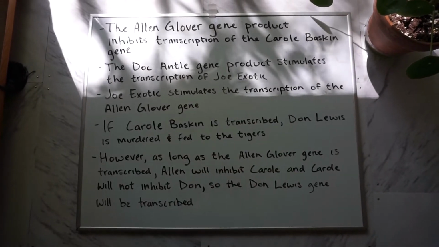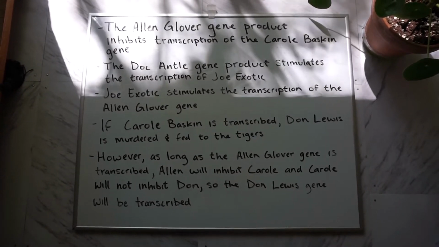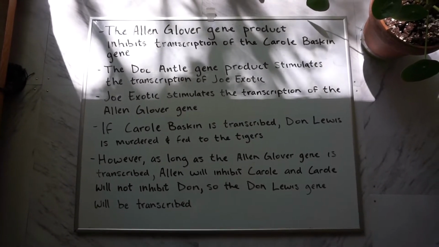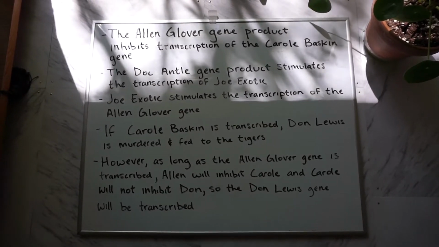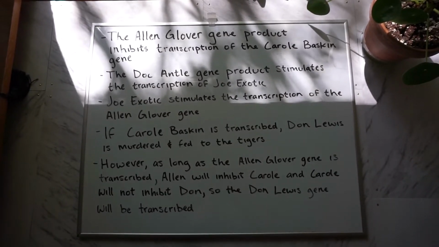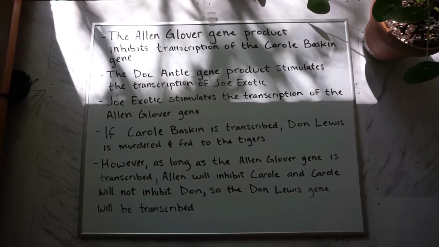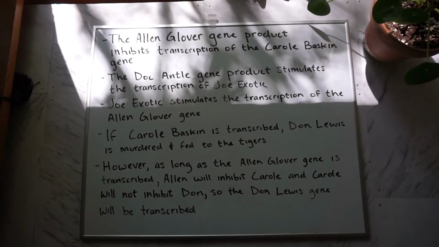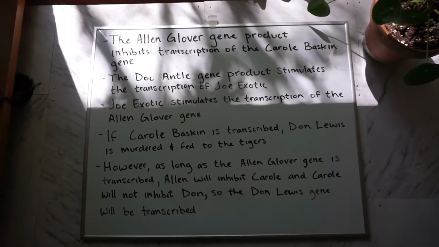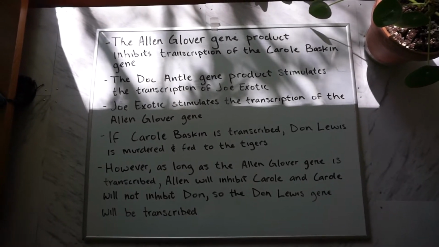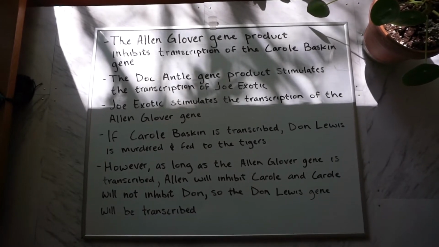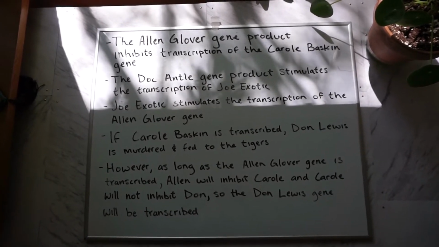So since Alan Glover was the hitman in the story, we're going to say that the Alan Glover gene product inhibits transcription of the Carol Baskin gene. Since Doc Ansel was the person that originally inspired Joe Exotic to act a little more wild, we're going to say that the Doc Ansel gene product stimulates the transcription of Joe Exotic. Joe Exotic stimulates the transcription of the Alan Glover gene, since Joe Exotic is the one that hired Alan Glover